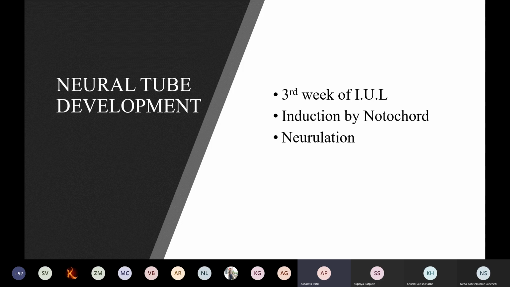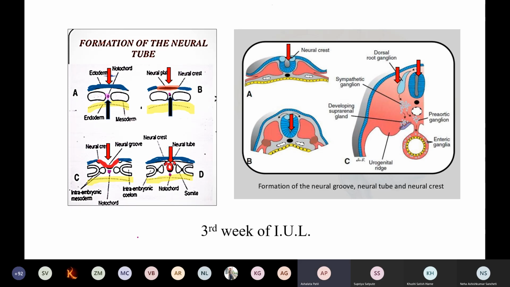Gastrulation is the formation of the three germ layers. And the embryo at this stage, when the nervous system is going to develop, is called the neurula. So here, this diagram is showing the formation of the neural tube. Here you can see the surface ectoderm, and beneath that in the center is the notochord, shown in yellow. This is the endoderm. Situated between the ectoderm and endoderm on either side of the notochord is the intraembryonic mesoderm.